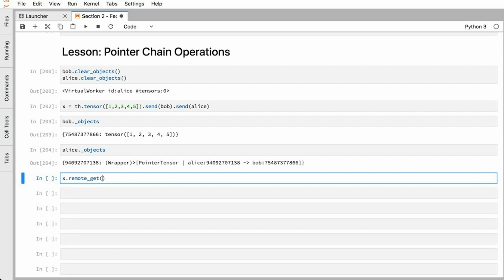So this is an inline command, and instead of calling get directly and pulling, say, this pointer up to us, up to the local worker, this is actually going to go down to this pointer and call get on this pointer, which is going to pull the data from Bob to Alice, right? So if I call a remote get,